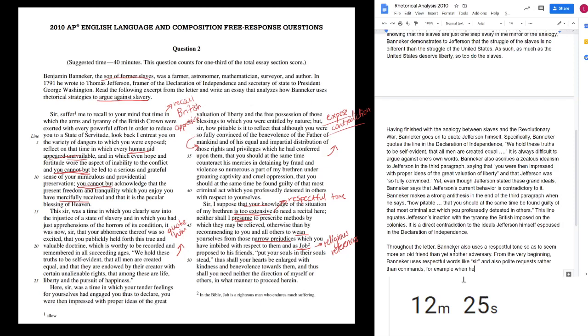For example, when he says, "Suffer me to recall,"